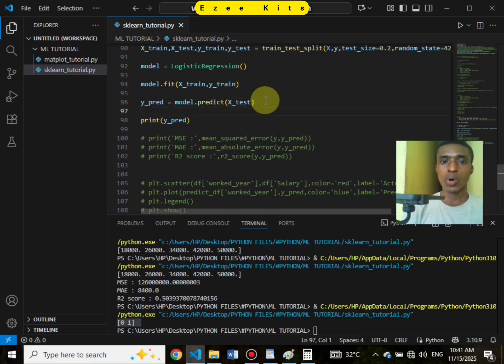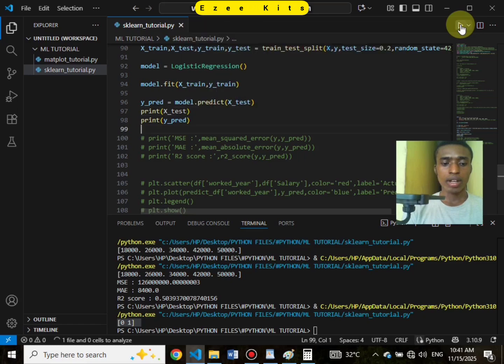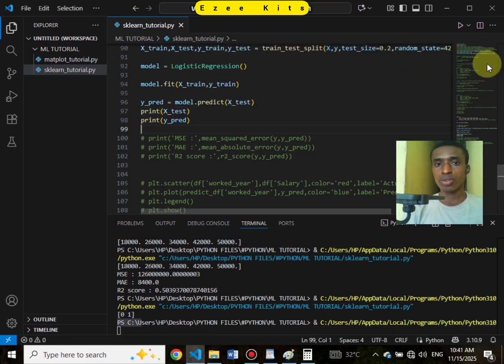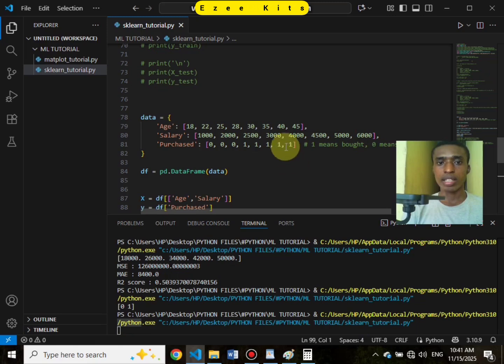I don't want us to turn it into a data frame, so we'll not make things confusing. So let's print our X test and see what was being passed in. Let's run this, and then we're going to compare it to the actual value. It's going to give us the particular age, the particular salary, and then what it actually predicted for